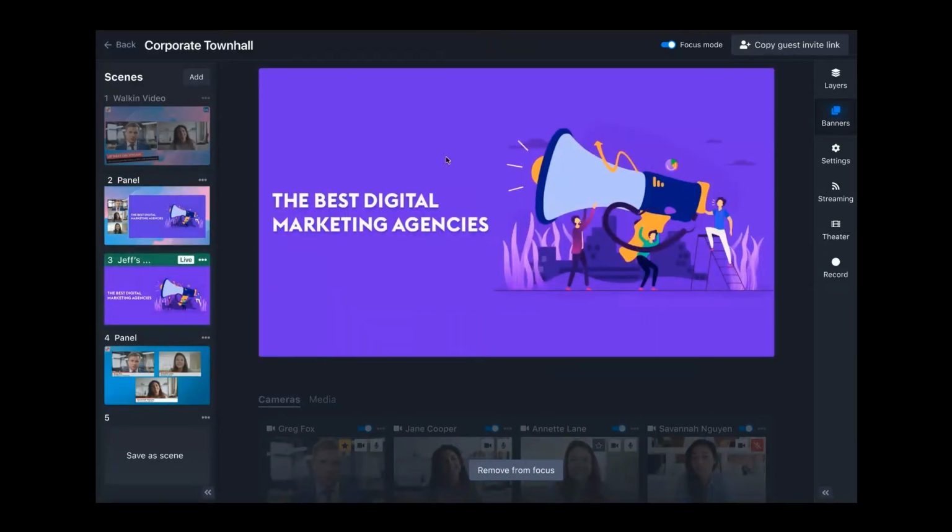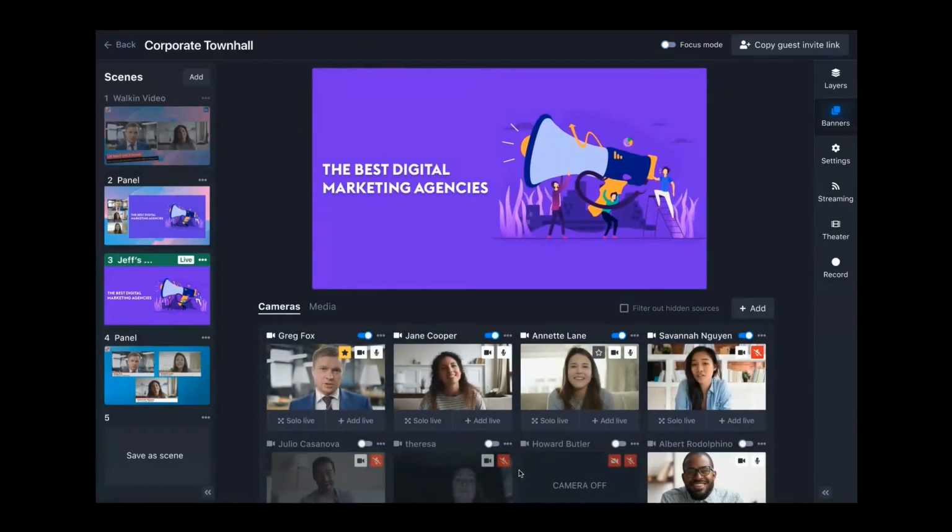In the event when you're in a situation where maybe you thought a full screen share was the best answer, but then all of a sudden someone starts talking and you want to bring them back. So that's where we have this idea of focus and the ability to remove focus. So you see up here at the top, we have focus mode. That's just because maybe you're in a situation where you really want to keep it simple, just advance spacebar from one scene to the next. But let's say that you want to iterate or change something live on the stream. You could click remove focus. That's going to bring back up your